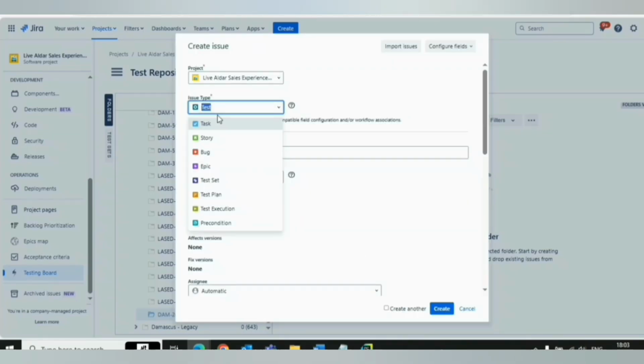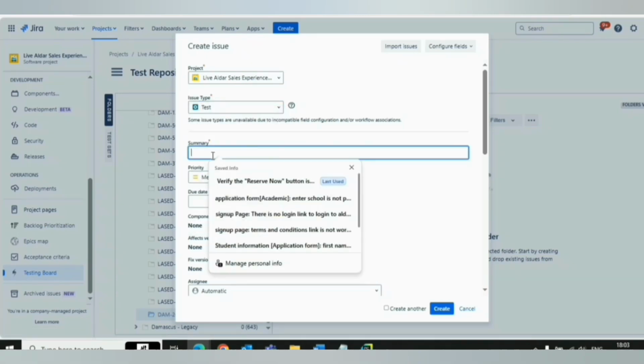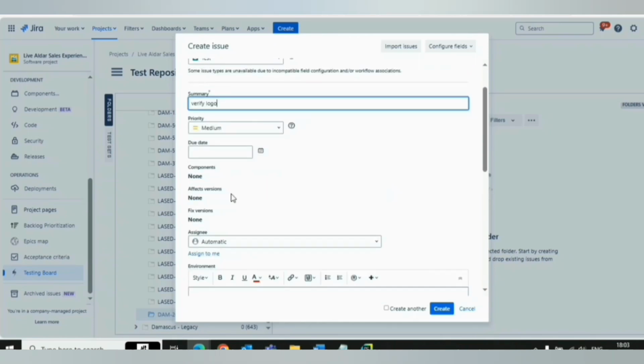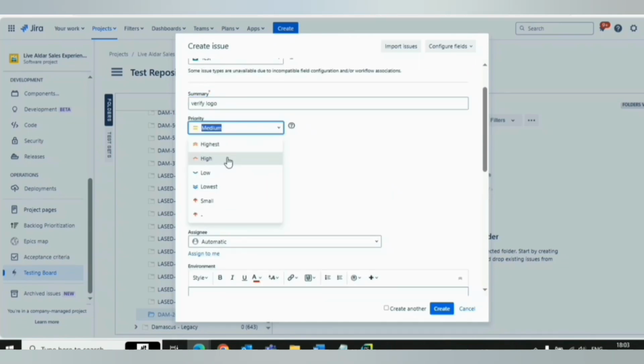So here is a test screen. By default, when you are in the testing mode, it will be test. So here, whatever the expected thing is, verify logo. And here you can mention the priority also. Verify logo description,